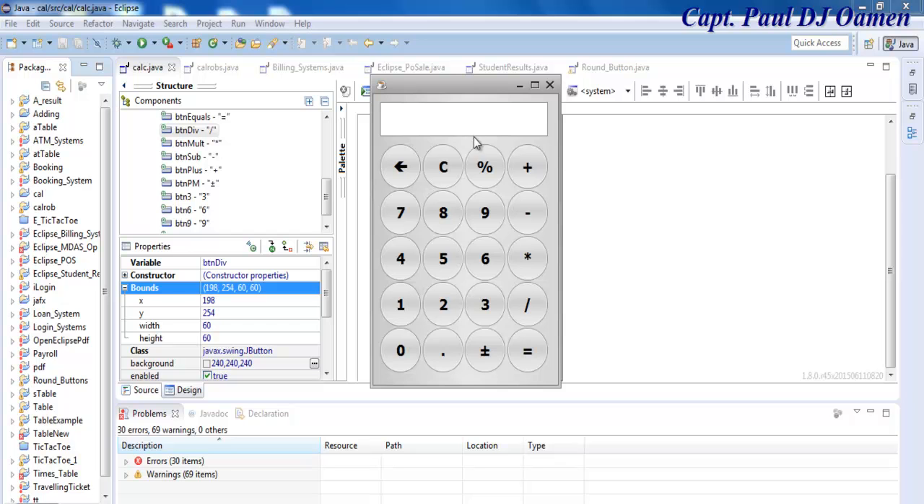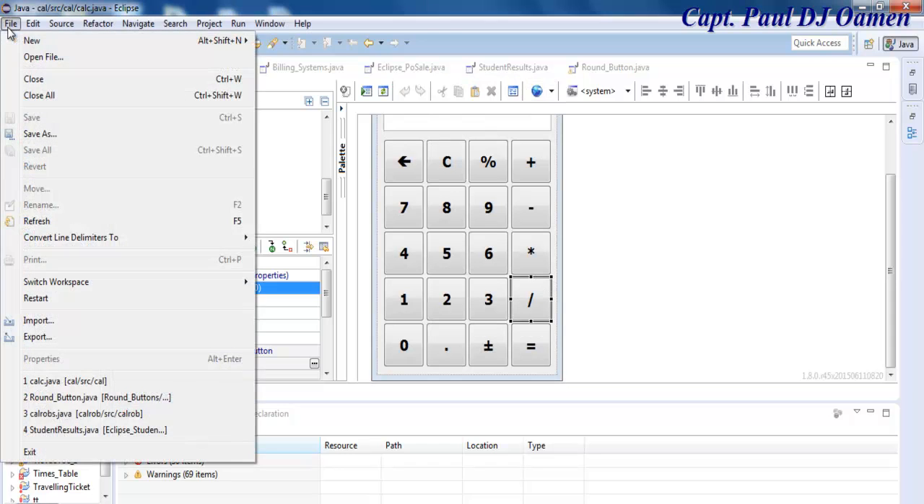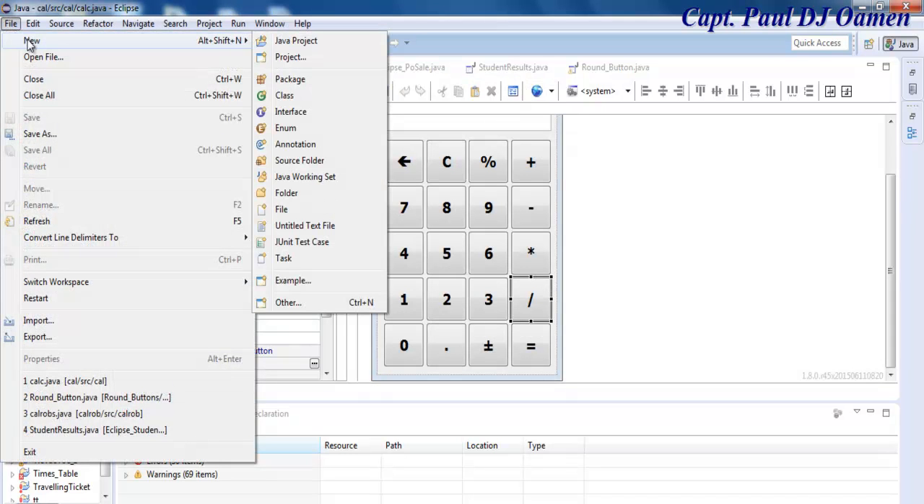Well, I've already developed one in Eclipse before, but I just want to show you guys how to create a calculator with a round button in Eclipse. It works just like my previous calculator and it's fine. So what I'm going to do now is to take you guys straight into Eclipse and we'll start a new project entirely. So let's go to File, New,